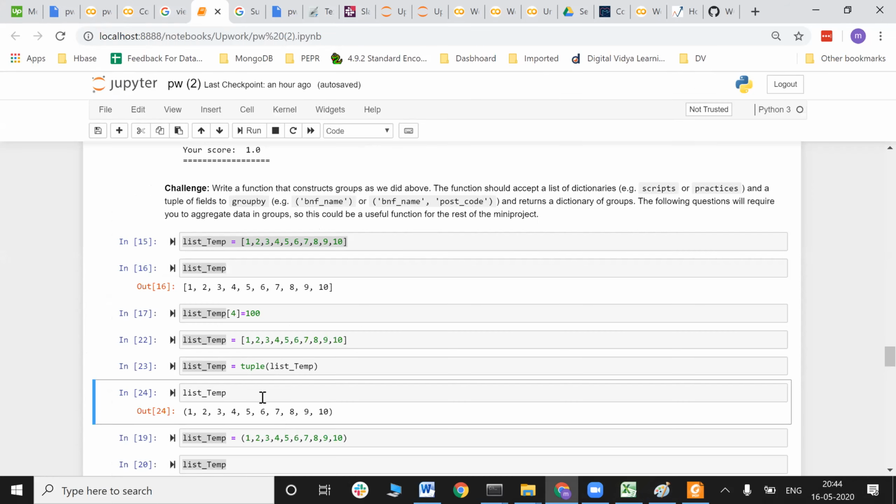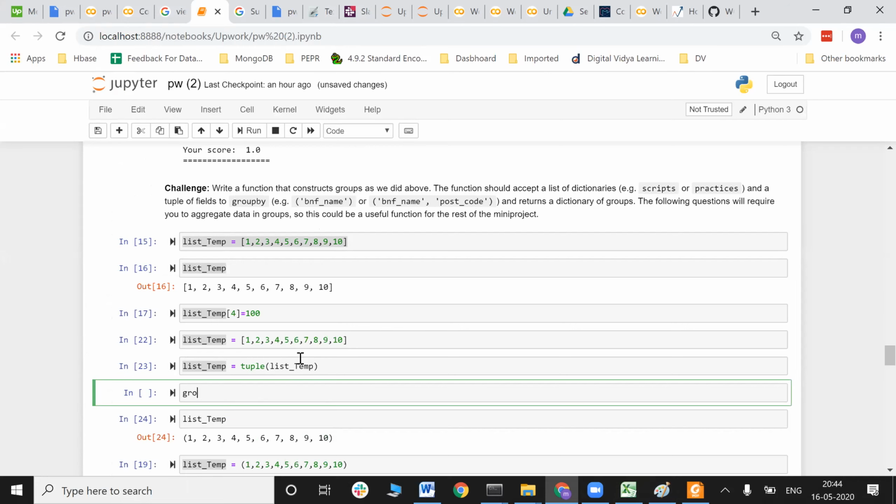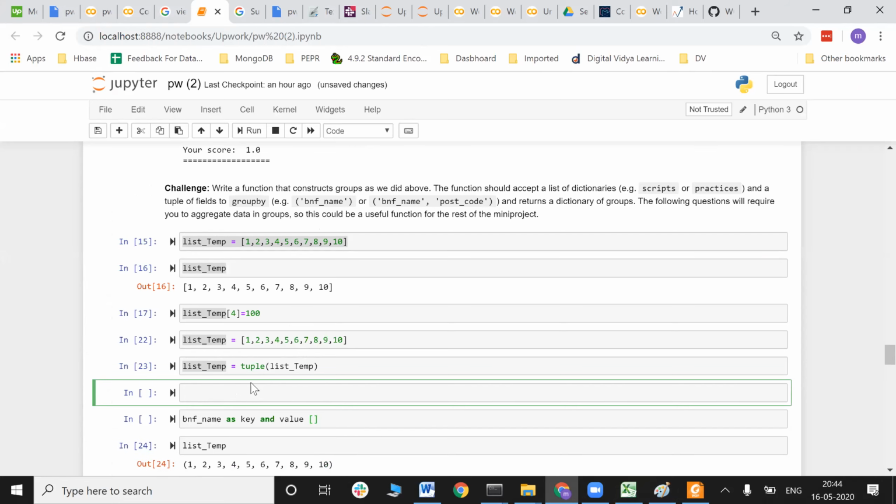It is creating a group of BNF name as a key, and the value is nothing but an empty list. With any BNF name group, you can just think of it as a key, and it is giving you the value of that particular BNF name, which is nothing but an empty list. So this is what names is doing.